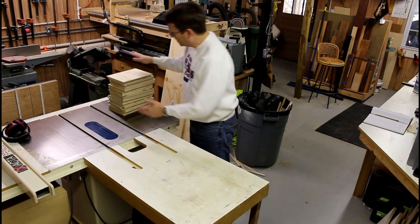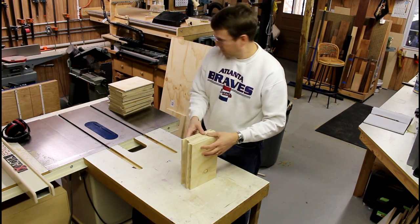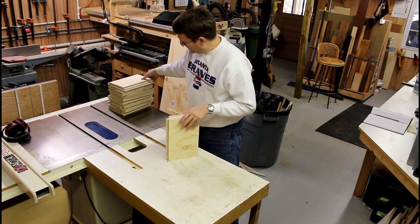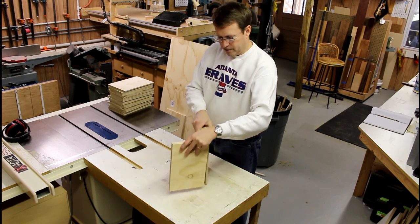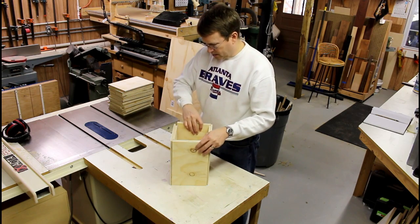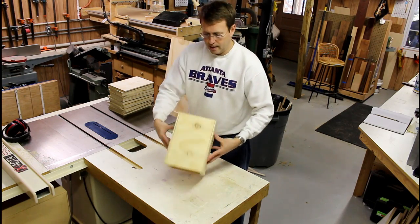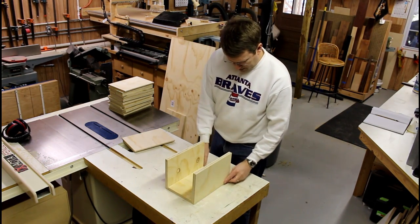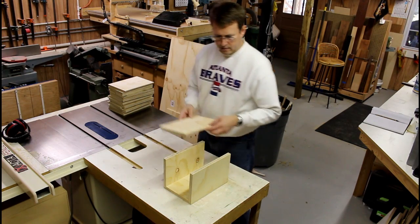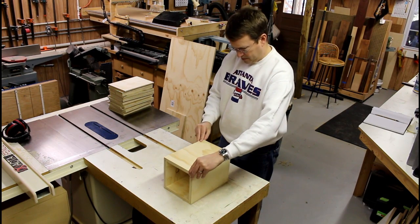Alright, so I've cut all the pieces and they're over here, and I've tried them out on the posts, and so now I am ready to assemble them. And what I'm going to do is assemble 3 sides in here with the 4th as a spacer, and it will just be put in there and kept dry. I will glue these up like this, and then the bottom will be kept together and the top one will be put on